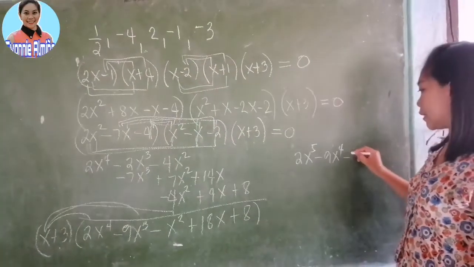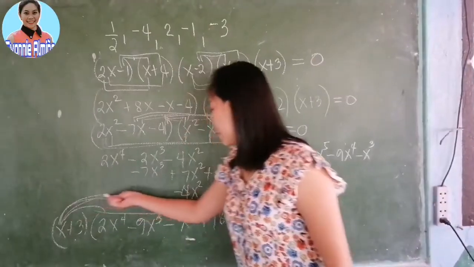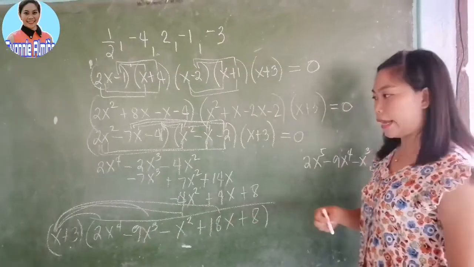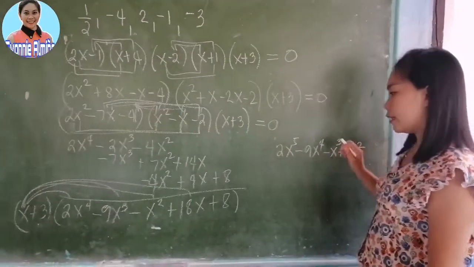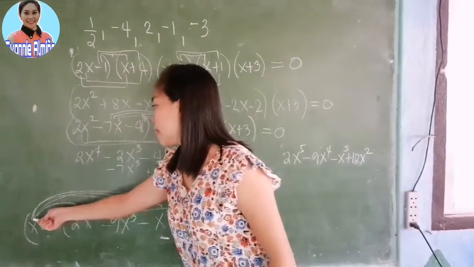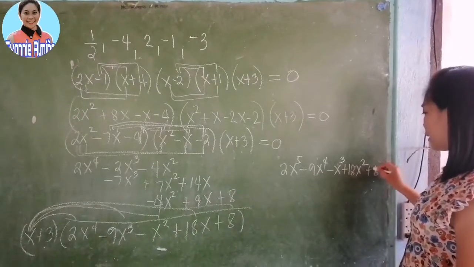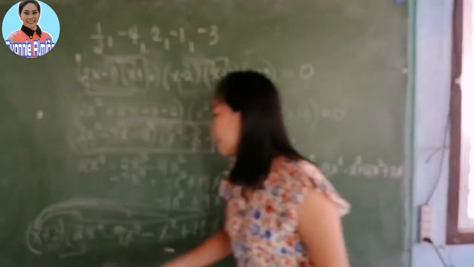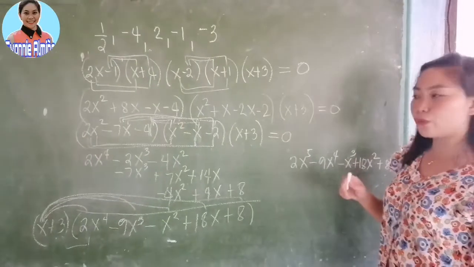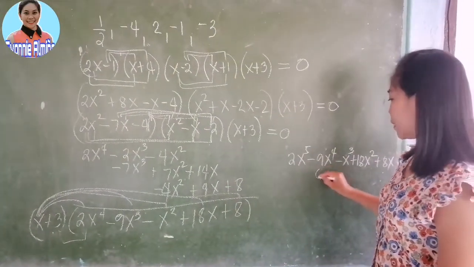You have negative x cubed. Then, x multiplied by positive 18x, you have plus 18x squared. Then, the last term is 8x. So, plus 8x. Okay, then, you have here 3 multiplied by 2x raised to 4, you have, of course, positive